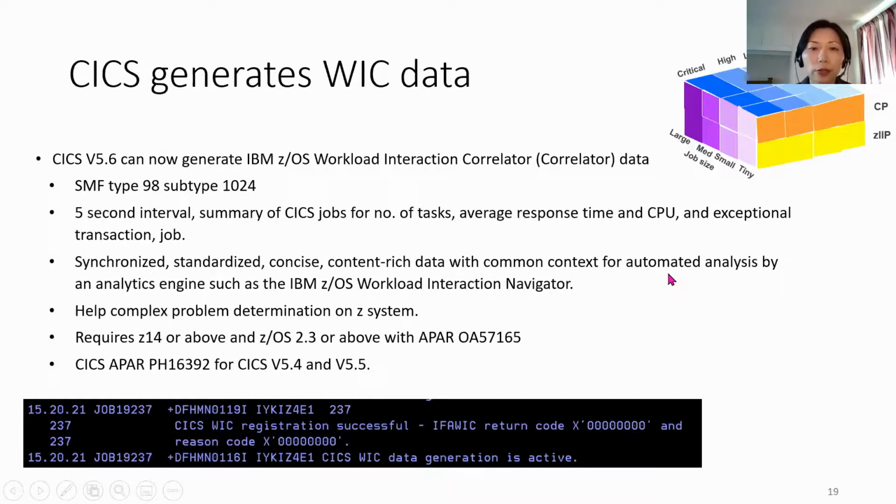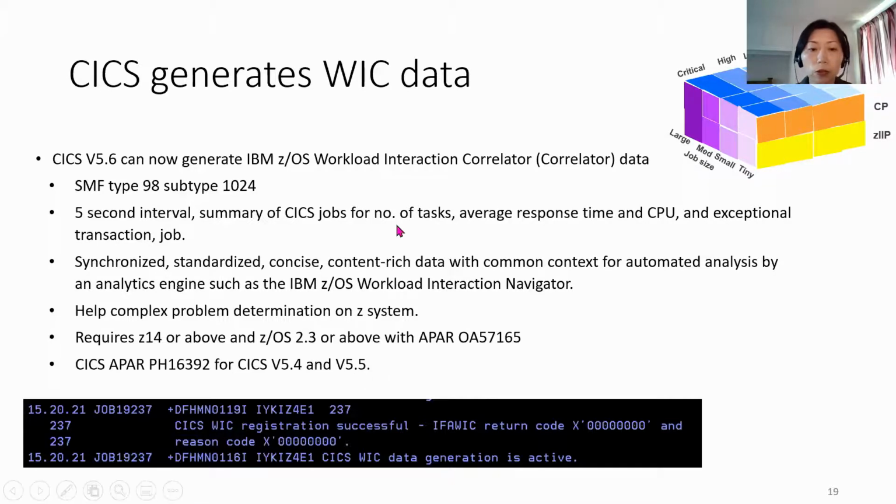Okay. Lastly, I'd like to mention CICS generating the IBM workload interaction correlator data. CICS 5.6 is now participating to generate this SMF type 98 subtype 1024 data, especially for CICS. This SMF data is generated every 5-second interval, and you can't change that interval. It's a summary across all the CICS regions and all the jobs in the z/OS